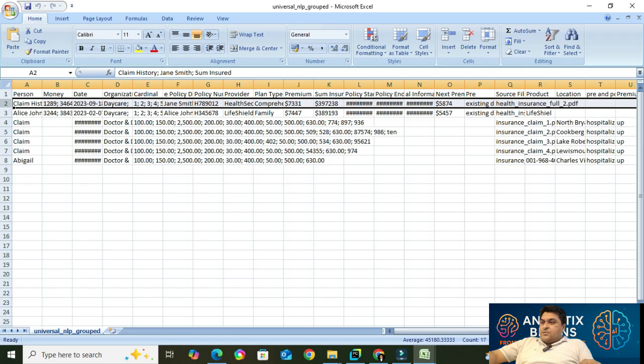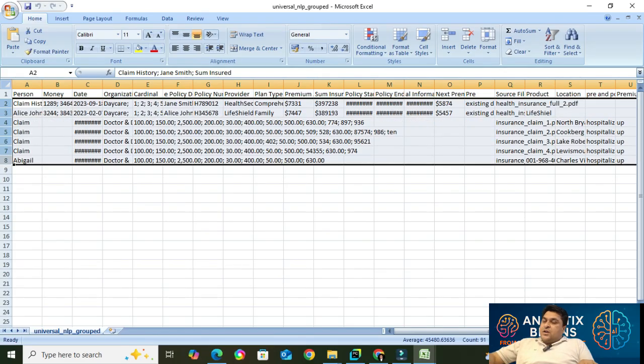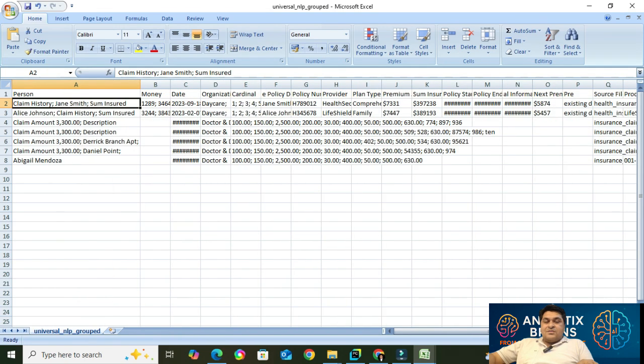So the file name is universal NLP group. Okay, let's open it. So guys, if you have seen, we had a total of 7 PDF files. Think of each PDF as a single row. So we have a total of 7 rows, sorry, and each row is representing a single